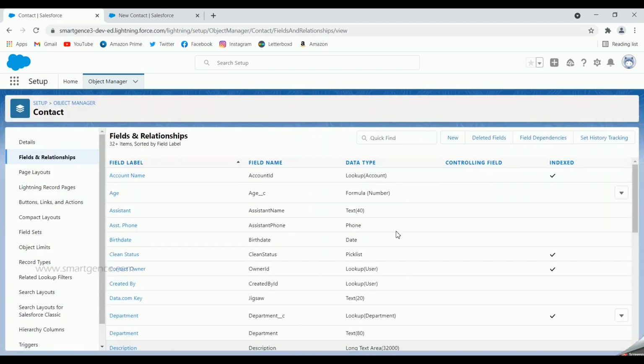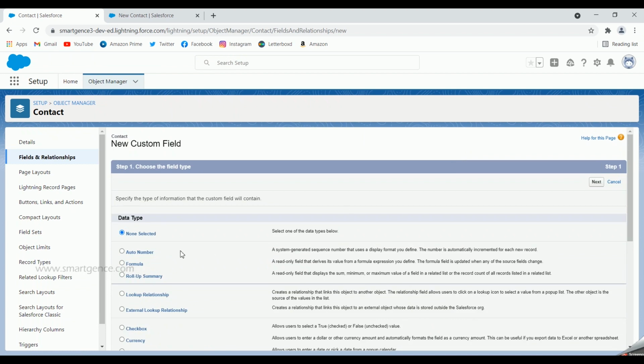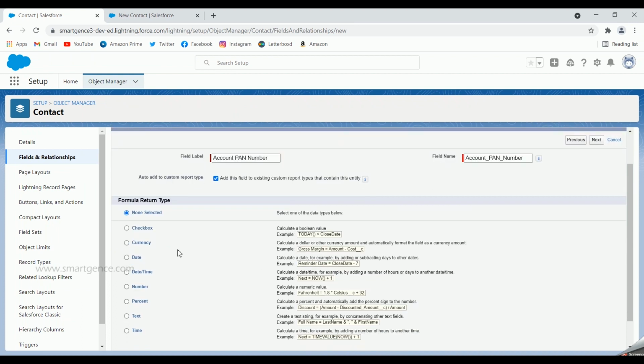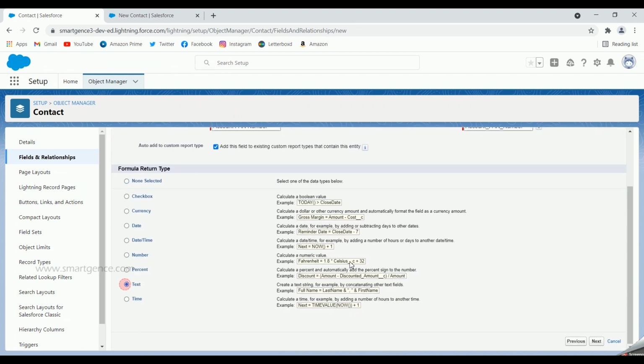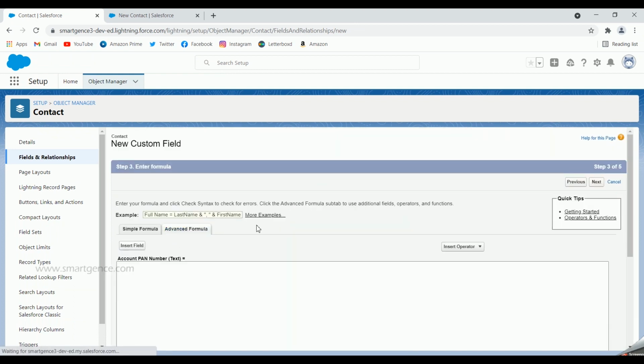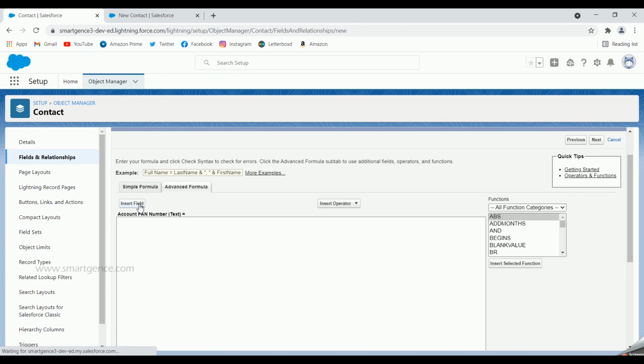Let us now create another formula field which you have been discussing, taking the account's PAN number. So formula, next, and this would be account PAN number. This PAN number is again a text field, right? So text, clicking on next. So advanced formula it is. This is directly a field to be inserted, right? So when we click on this insert field,